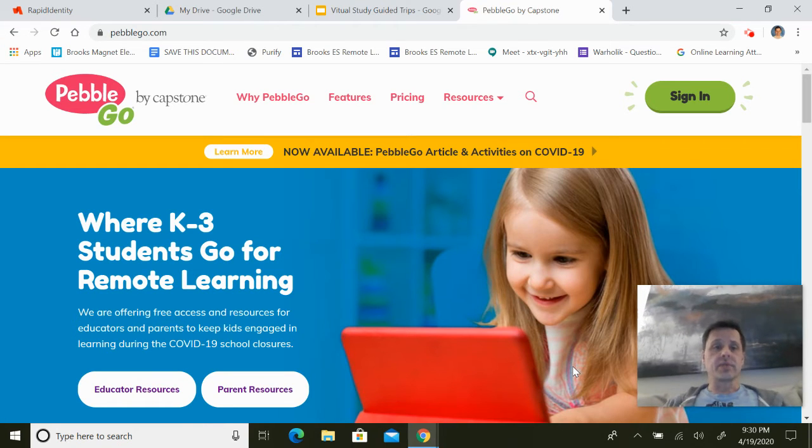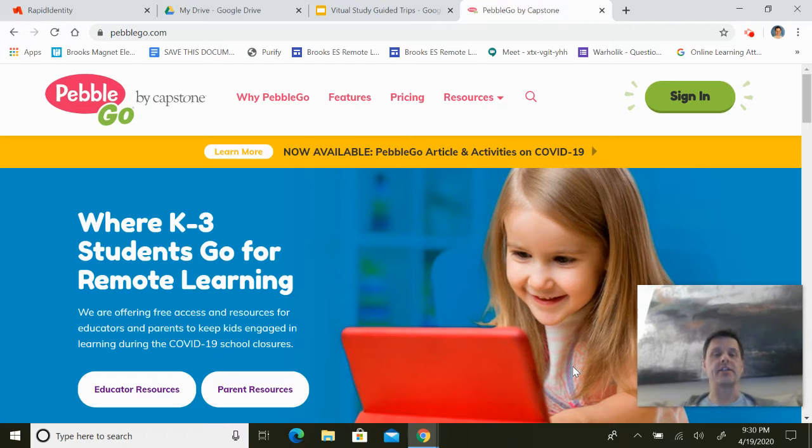We will be using this resource, PebbleGo, a lot. Mrs. Roberts is going to be using it with MIT for science. Mrs. Pruitt's going to be using it for media, and then I'm going to be using it with my science lessons. The first thing you need to go do is either open up your browser and come to this address bar and type in